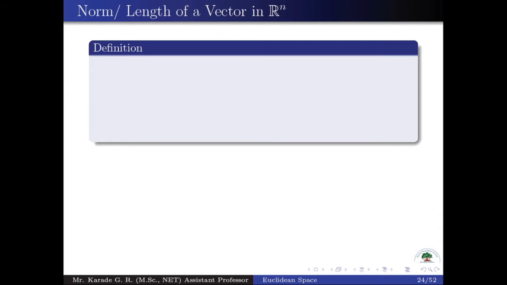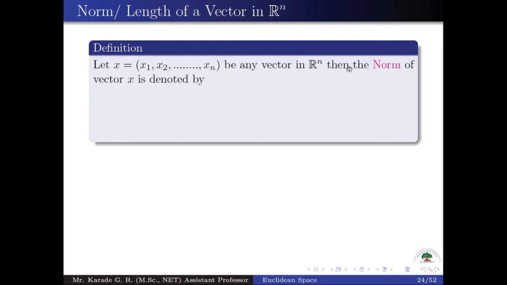We define the norm or length of a vector in Rn. So let x = (x1, x2, ..., xn) be any vector in Rn. Then the norm of a vector x is denoted by this notation. We call it the norm of x, and it is defined as,